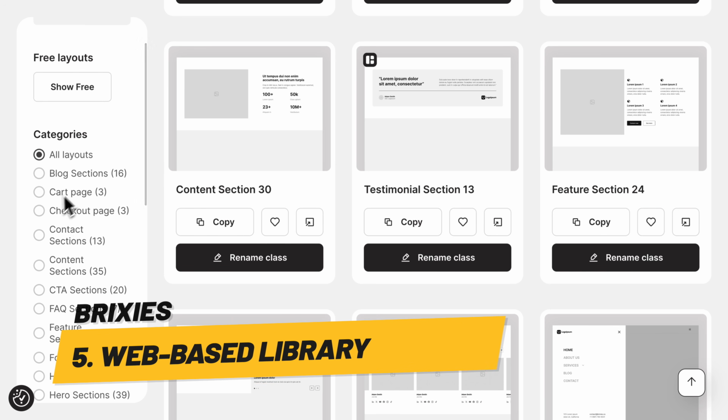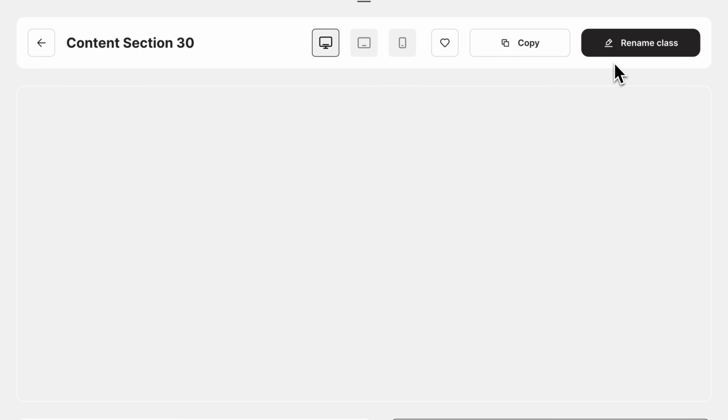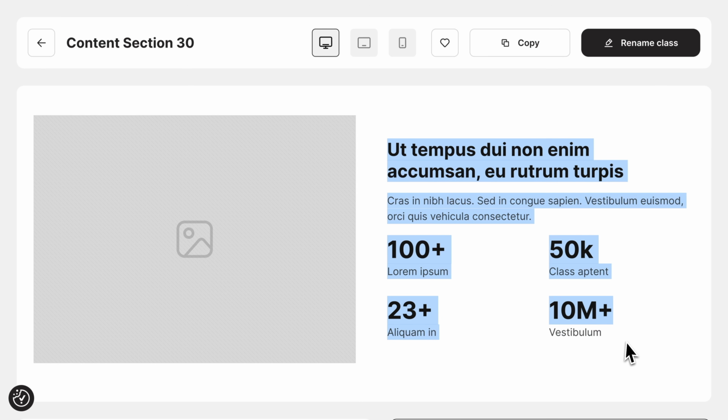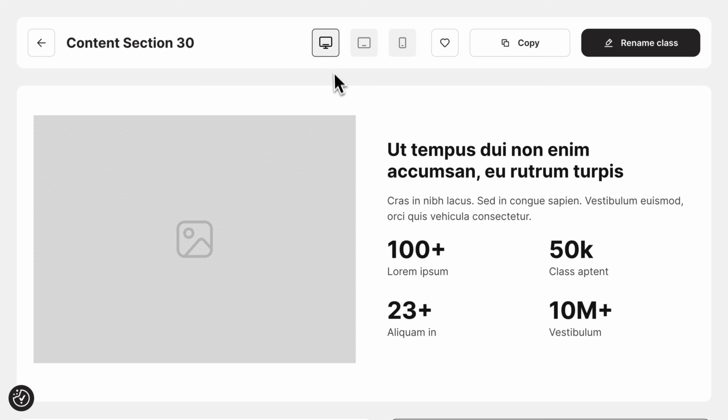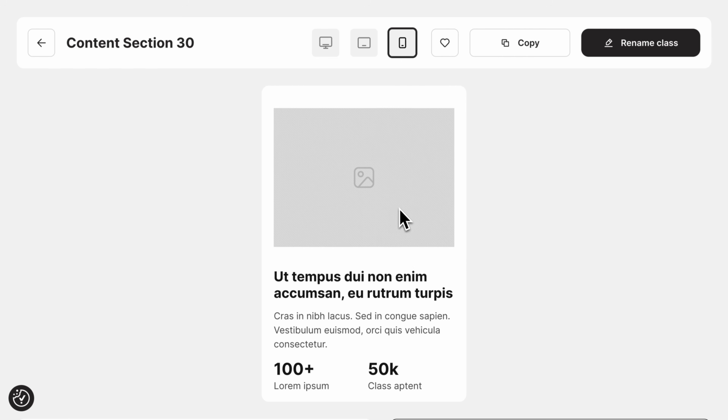I must say, I much prefer this way of browsing and filtering templates that Brixes have got going on here. And if I click a template, this way of previewing templates is really nice as well. It's nice and clear and it's easy to see what you're getting. I especially like that there are real web page previews. So I'm going to click this little icon here. This icon is also in the library listing view that we were just on as well. And here you get real web page previews of the templates. Yeah, these are not screenshots. And you have these handy responsive icons up here to check them out at these 3 breakpoints.